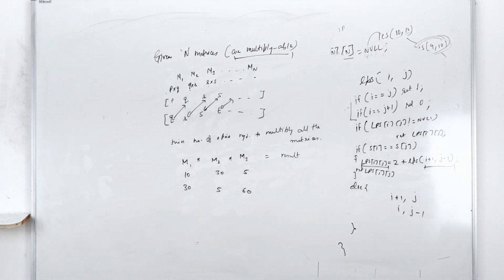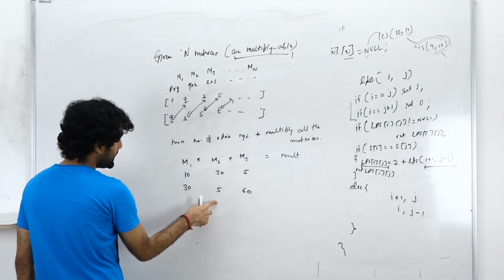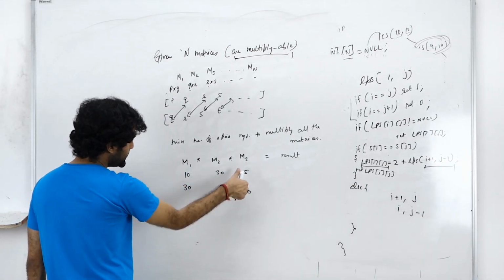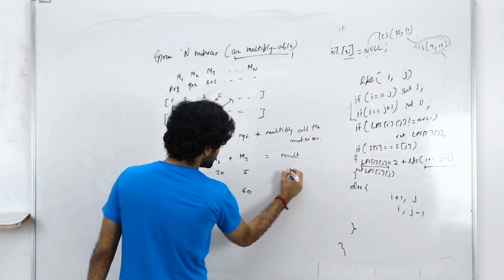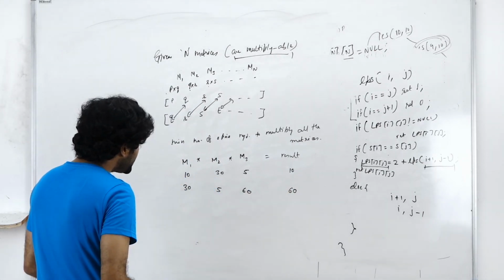It should be 10 cross 60, right? Yeah, because the moment you multiply M1, M2, your result will be 10 cross 5, and the moment you multiply the result of this with this, the result will be 10 cross 60. So this will be a 10 cross 60 matrix, right? Now